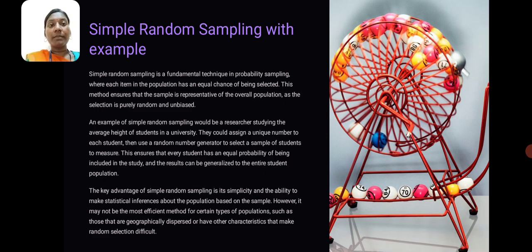Now we are going to see the types of sampling. Number one, simple random sampling, with example. Simple random sampling is a fundamental technique in probability sampling where each item in the population has an equal chance of being selected. This method ensures that the sample is representative of the overall population as the selection is